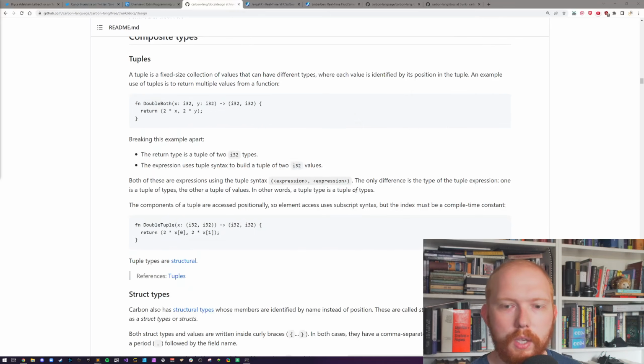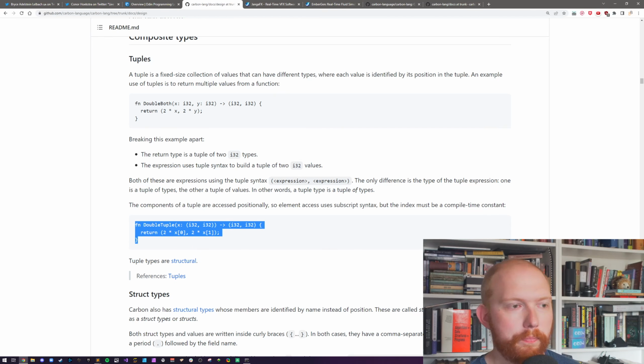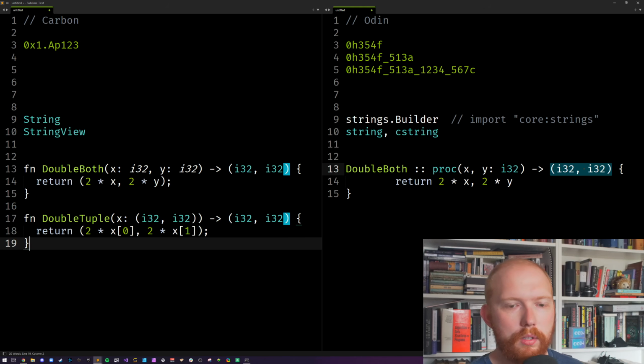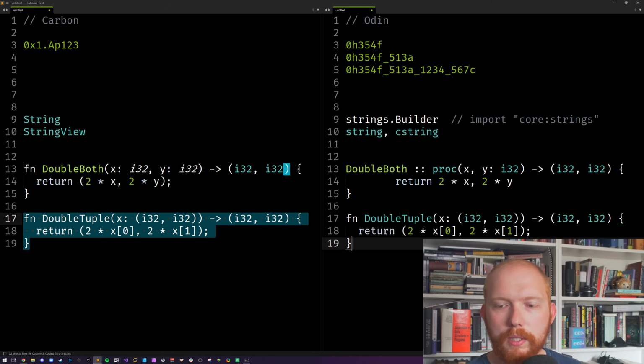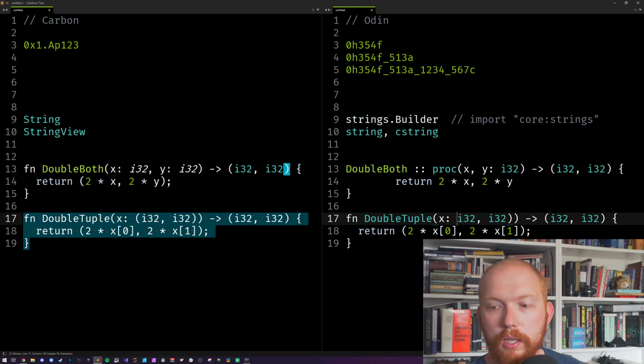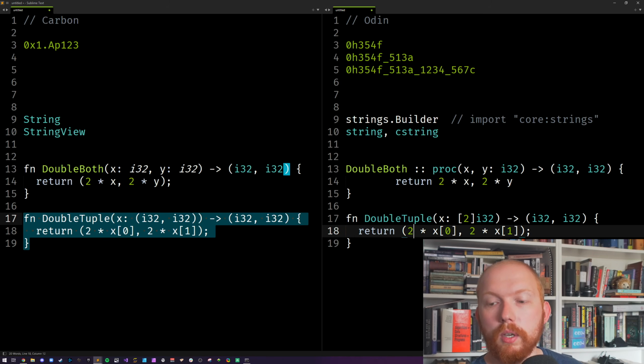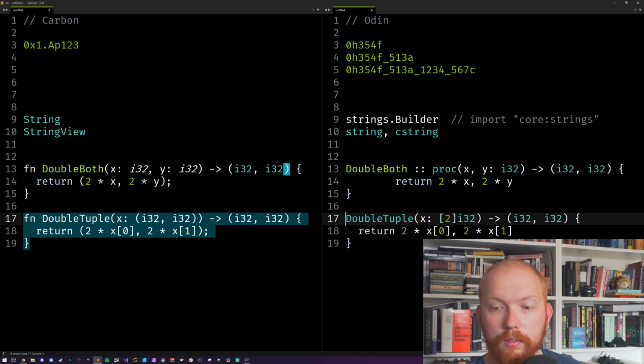I'm going to show off some of the different things, why this is the case and why it's different. So they're showing off a tuple you can pass here. You couldn't do this in Odin. So this is not possible in Odin. The closest you're going to be able to get is to have an array of those two values, which is probably better, or you'd have to have a struct with those values in. But in this case, let's just do an array, because it's probably the closer analogy to it.